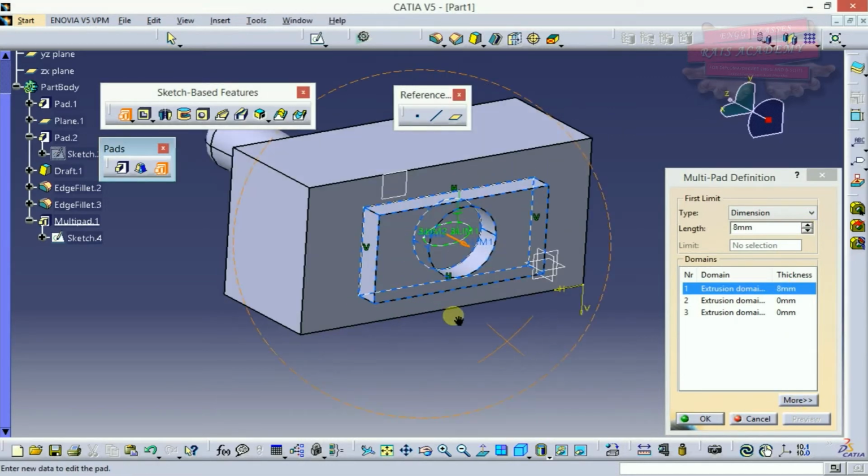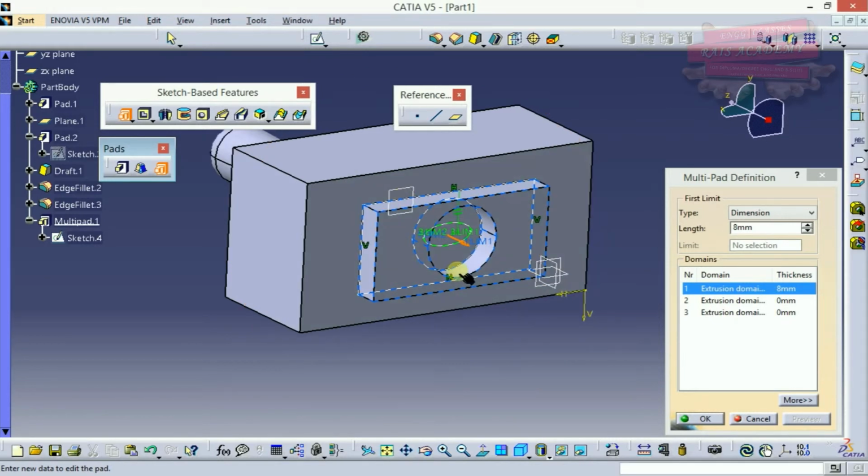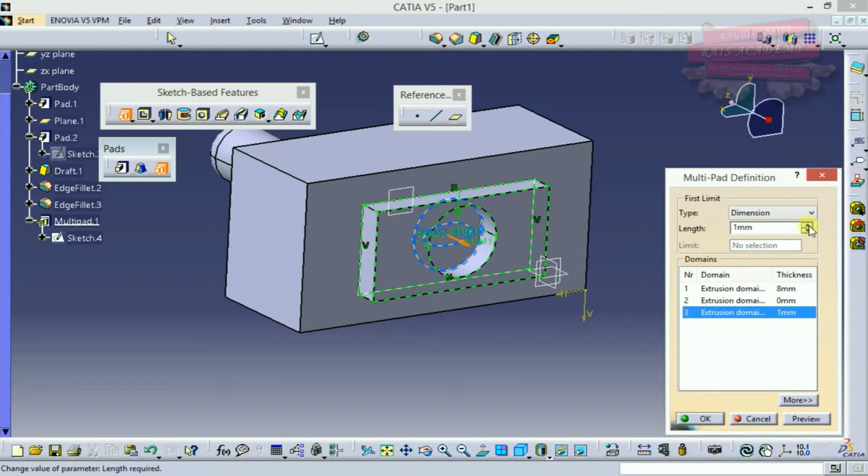Okay, as you can see, the only part which is outer to this circle and which is joined to the outer box has padded. Suppose if I select this particular feature and I give it a different pad, I want the pad to be 25. Okay, then preview.